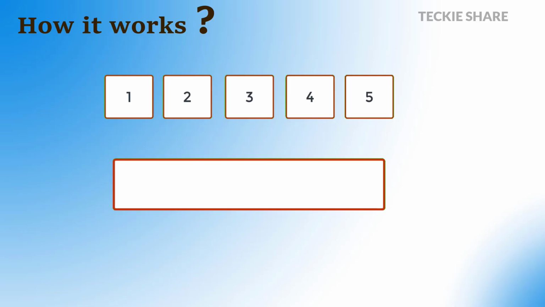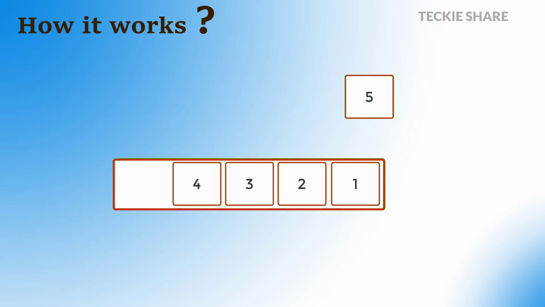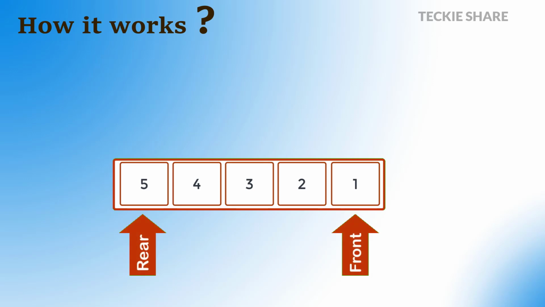The basic concept is that the data will be inserted into the queue using an array. So we simply keep the data in an array format. There will be two pointers, one is front and another one is rear. The front denotes the first element of your queue and rear denotes the last element of your queue. If you want to take out data from your queue, you simply return the front position element data from the queue.